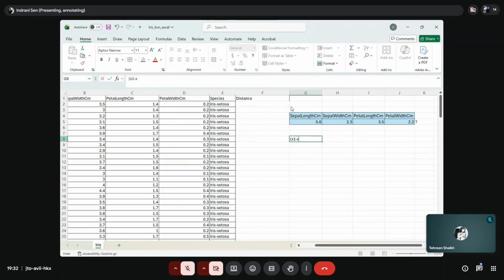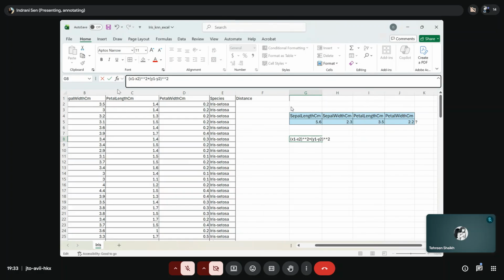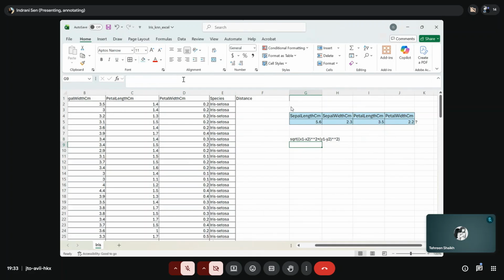x1 minus x2 whole square plus y1 minus y2 whole square, and because we have done a square, we'll do a square root of this. So this is one distance formula which is called Euclidean distance, and we also have another distance formula in which